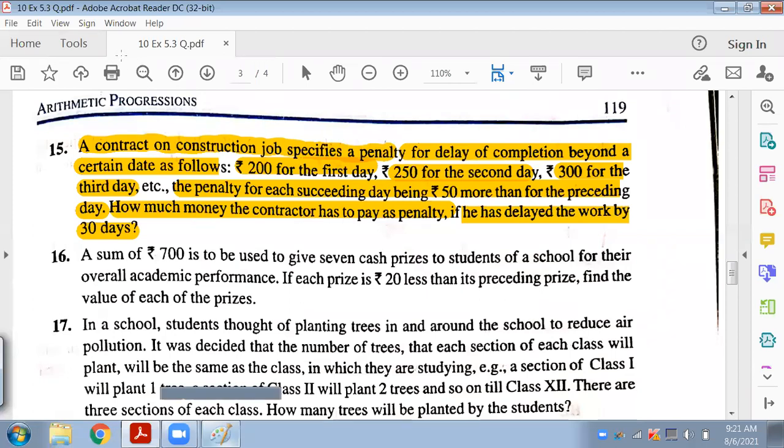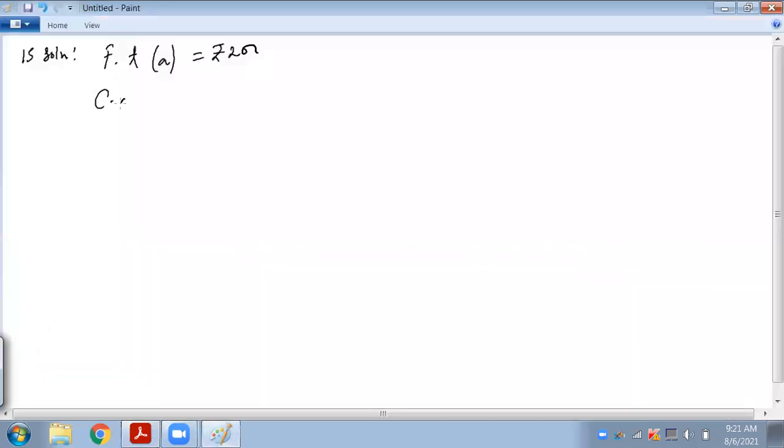So here first term a will be what? 200. Then common difference will be what? Second term minus first term. Here the second term will be the amount he paid for the second day, and the first term will be the amount he paid on the first day. Now take the difference, it is coming out how much? 50. Now we have to find, if he delays the work for 30 days, how much penalty he has to pay. So that means we can take n equal to 30,